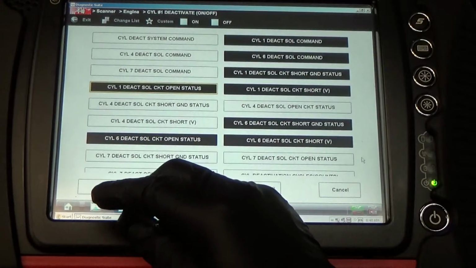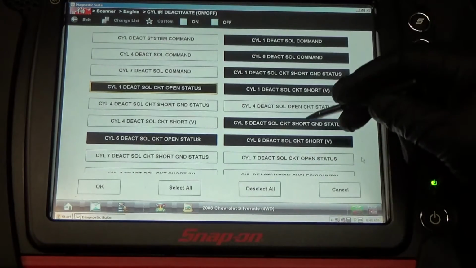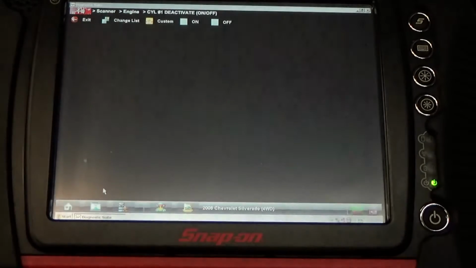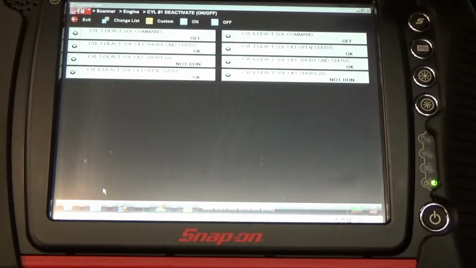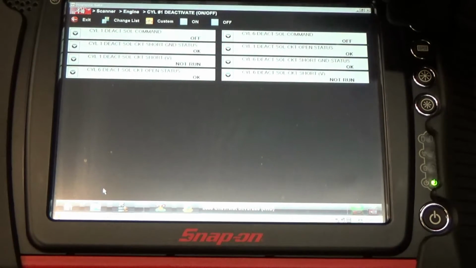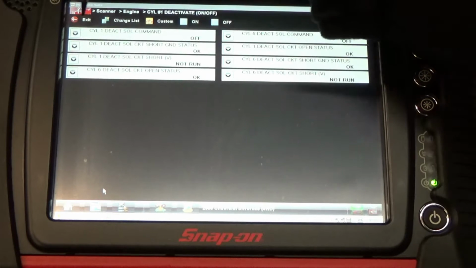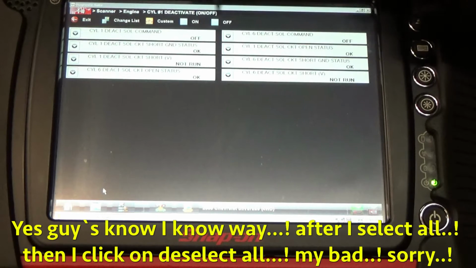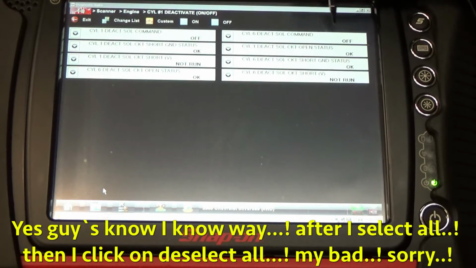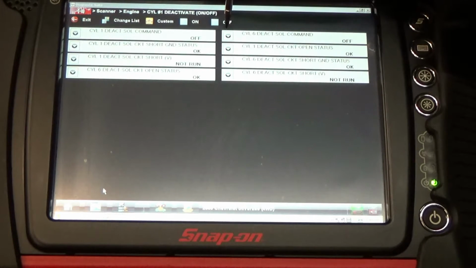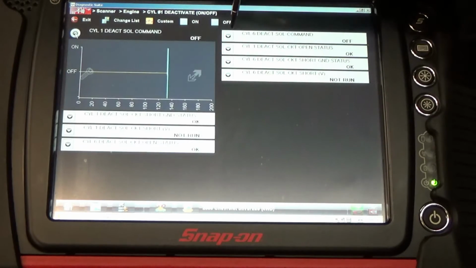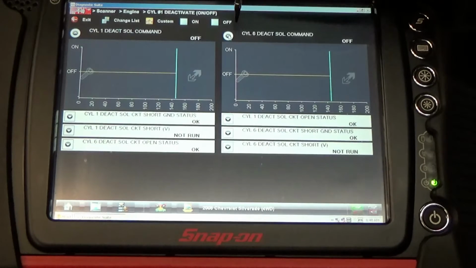And press OK. 1 and 6, I want to see 1 and 6, what is doing 1 and 6, and press OK. That's what I want to see before it don't happen. I don't know why. But now when I command this cylinder number 1, I want to see what 6 is doing. Okay? So I'm gonna get this guy here, get this guy here,